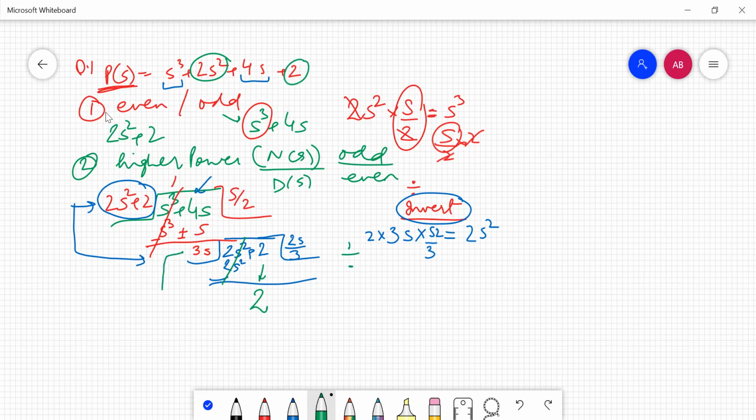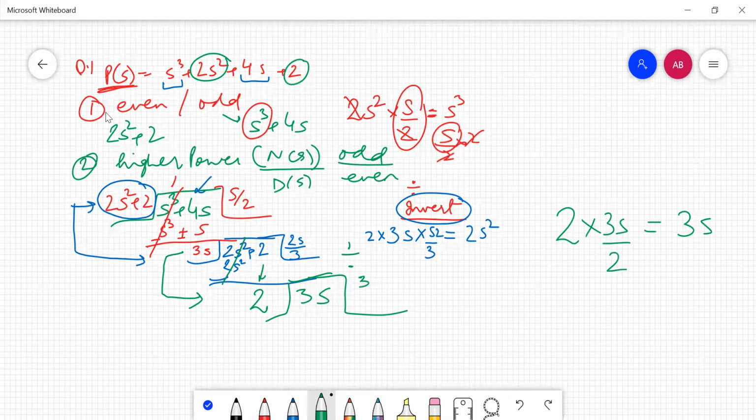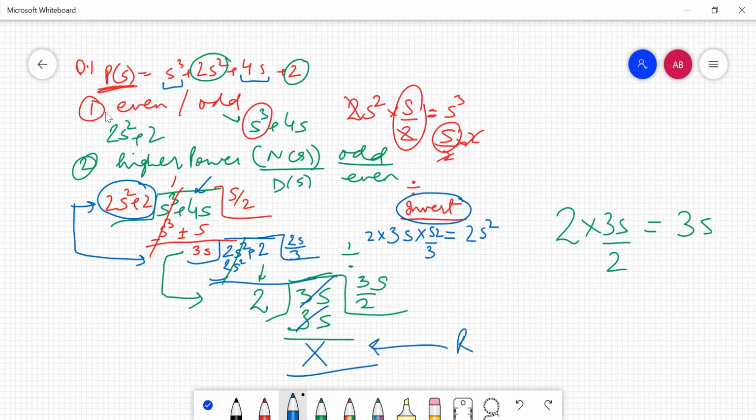So now what was dividing is now going to get divided itself. So now you are going to divide 3s by the remainder that you just got, which was 2. Now what should you multiply with 2 so that you get 3s here? Simply, you have to divide it by 2 and multiply it by 3s. So that means you are going to get 3s by 2 as the quotient here, and then here you get 3s, and you know that both these terms are going to get cancelled and you are going to get remainder as 0.